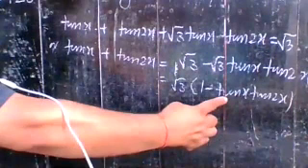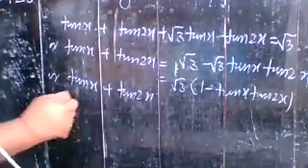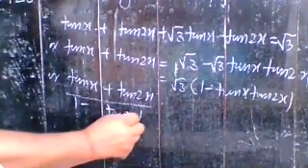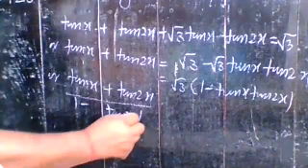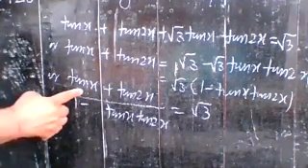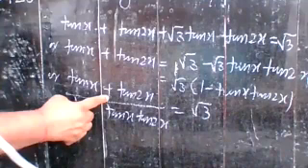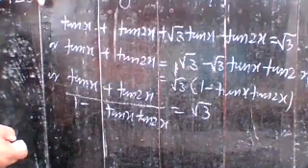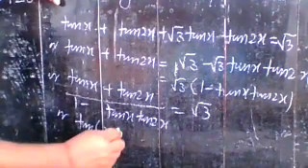Now if you transfer this factor to the left side, so you have tan x plus tan 2x divided by 1 minus tan x tan 2x is equal to root 3. And here you have as an identity, tan x plus tan y upon 1 minus tan x tan y is equal to tan of x plus y.